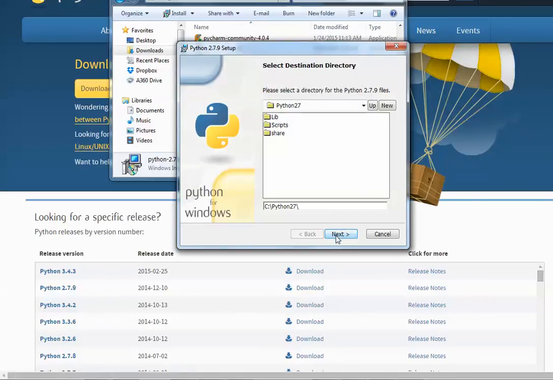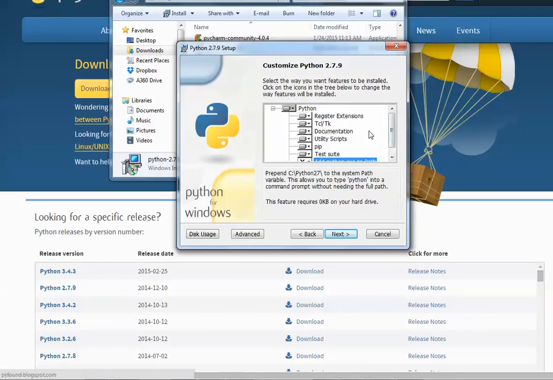So I'm going to let this run through its process, and times may vary, but be patient with it. Let it do its thing, and once it's done, then we can proceed to the next step. Okay, now in this step, when it takes us to the customized Python 2.7.9,